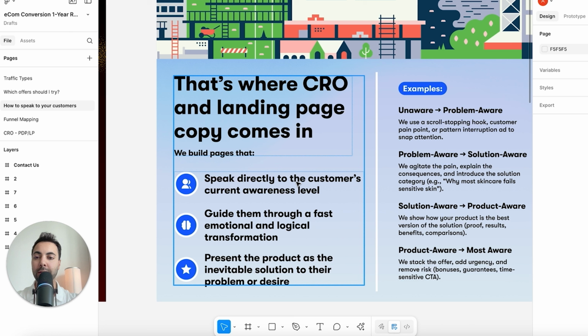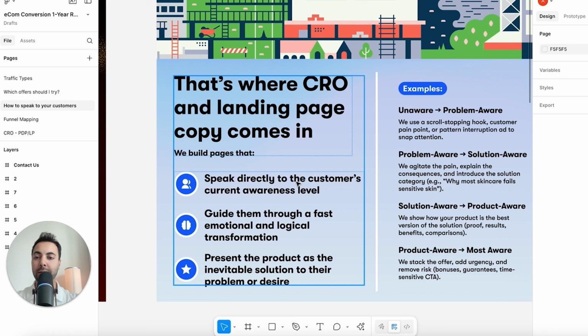Starting with level 1, you could think of this as the bottom of the funnel when they're most likely to buy. They know your product and want to buy it. They just need the right offer and excuse to buy your product. Level 2 is when they're product aware. They know your product but aren't sure if it's right for them. They aren't sold on it. This is when you want to really make your USP stand out and show how you're better than the competition.